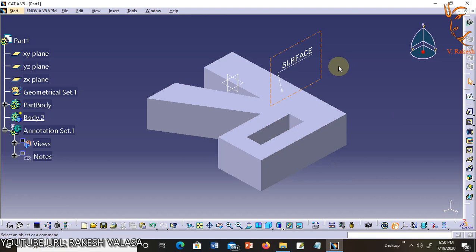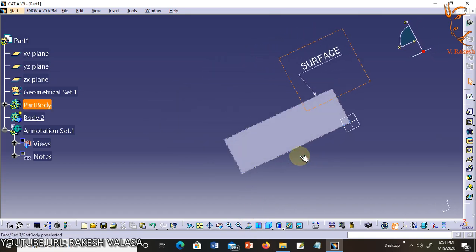You can make the annotation stay normal to the screen so you can read it as you rotate the part. This is a helpful design review tool.